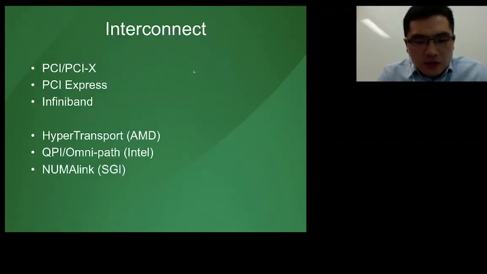Okay, so I just introduced the processor and the memory, the core part of a computer system, and the programming model. Then is the interconnect. What is interconnect? It's the part that connects the core components and the